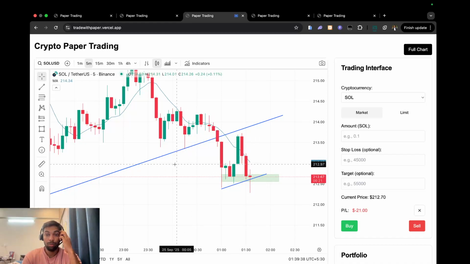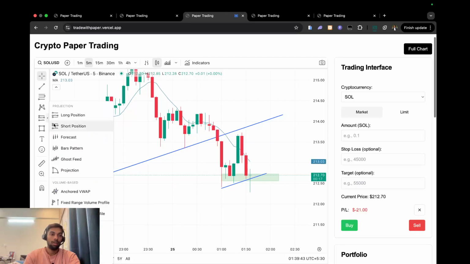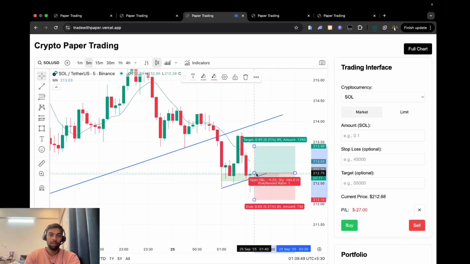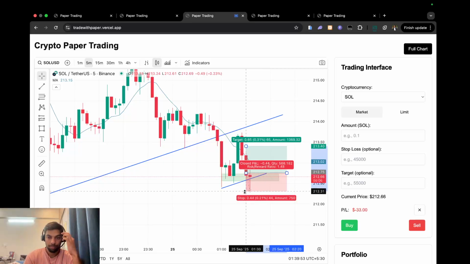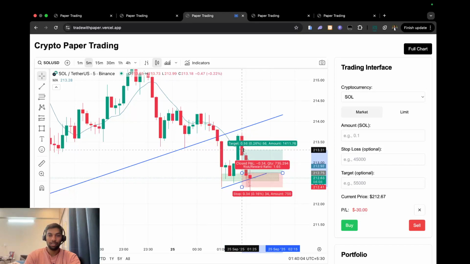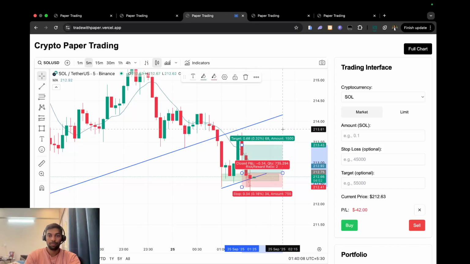212.77. Where is 212.77? Let me see. Long position 212.77. So something like this. I took the trade here, and I will stop myself out at this point at $90 loss. But I am a bit interested in taking such a small stop, like 1:2, at least a 1:2 trade.